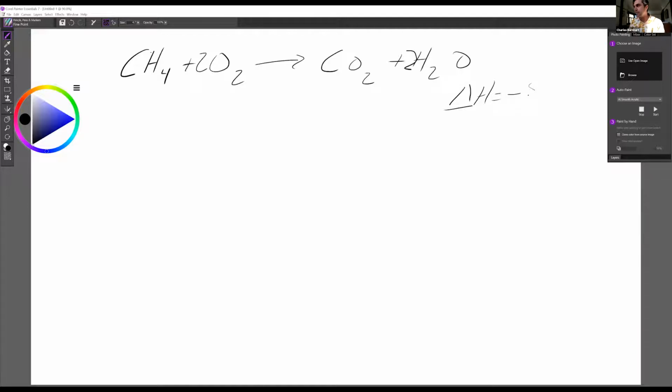And for this reaction, we get 890.3 kilojoules per mole. So that's pretty significant. It's actually kind of lower per mole compared to other fossil fuels, and that's just because it's a very small